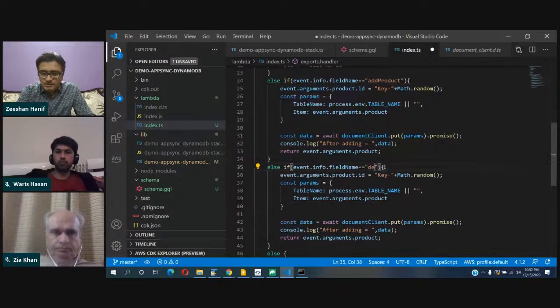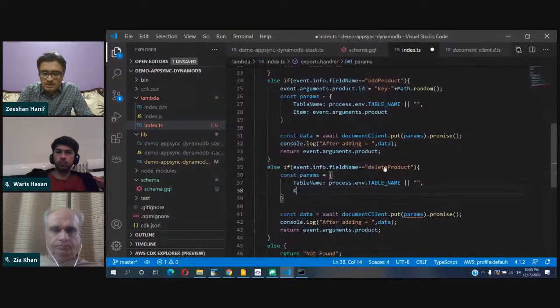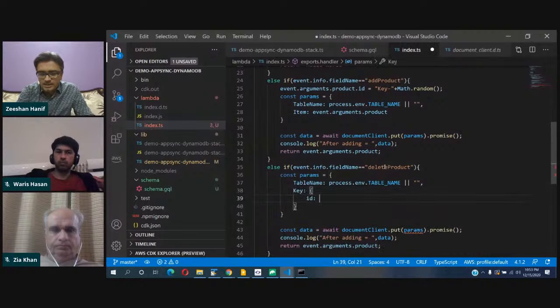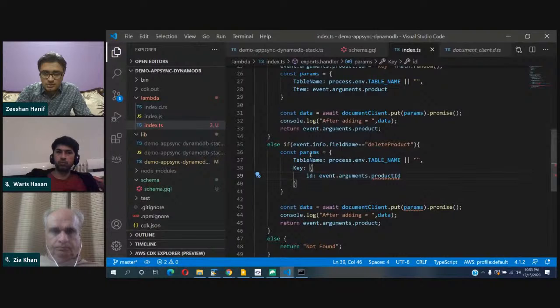Let's say deleteProduct. In the case of deleteProduct, we need a table name, and then we need a key. Inside this we need an ID. We have to assume that we'll be receiving a product ID. At this moment, it is not. So in the argument, I'll just